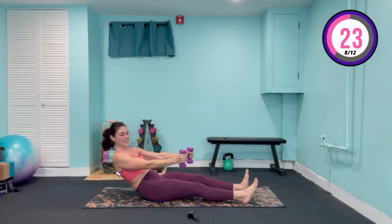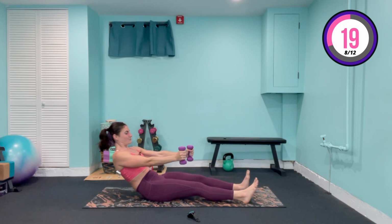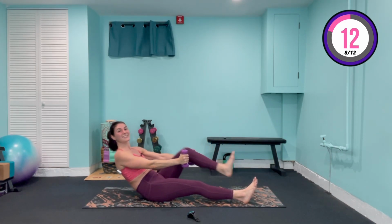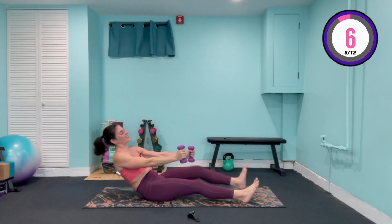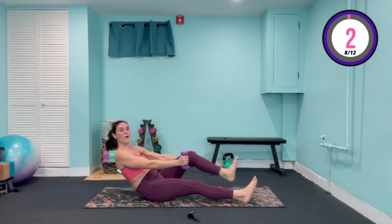In and extend. In and extend. We're almost there, we're gonna speed it up. In 3, in 2, in 1. 14, 13, 12, 11, 10, 9, 8, come on, 7, 6, I know it burns, 5, 4, 3, 2, 1,